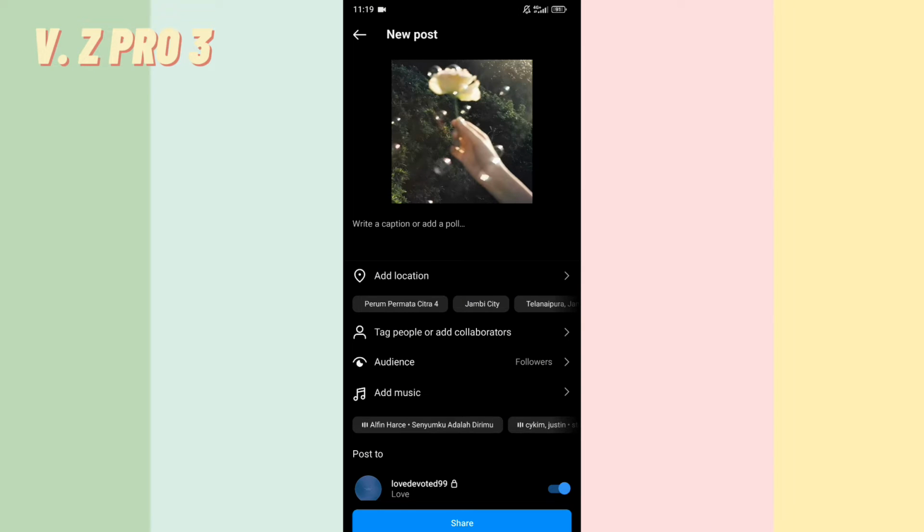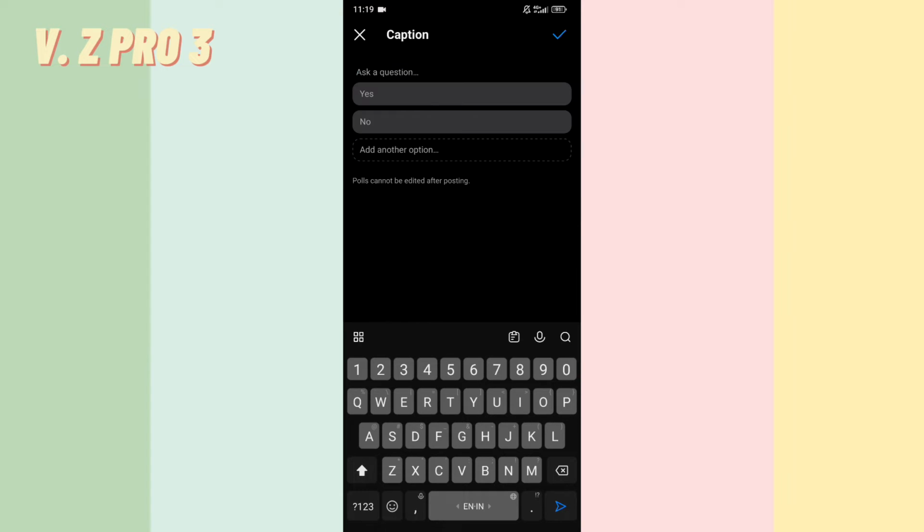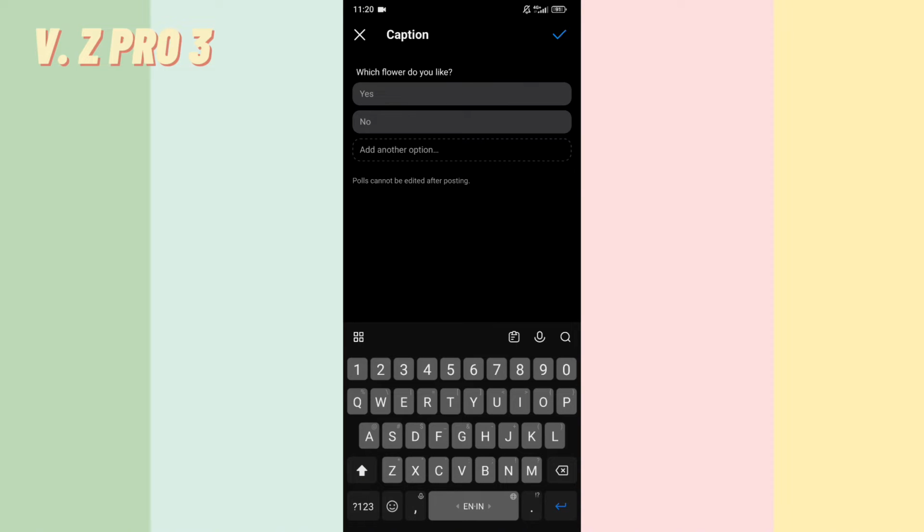Now on the caption, you can tap on the caption. You'll see there is an option, poll. You can tap on that. Now you can ask a question for your poll. As an example, I will write this. Now you can tap on the poll. You can write